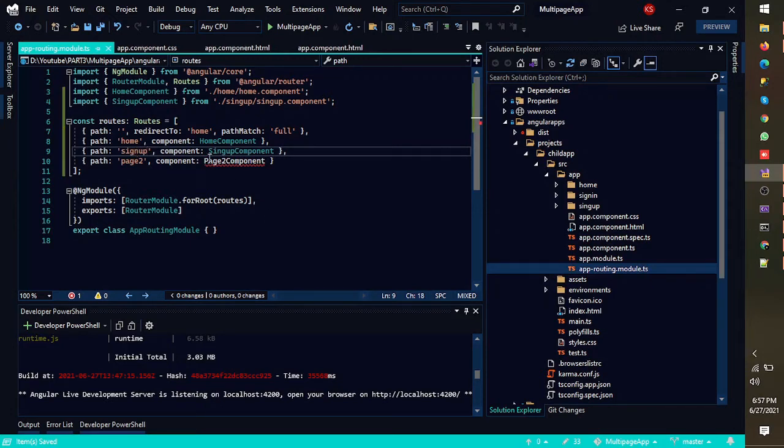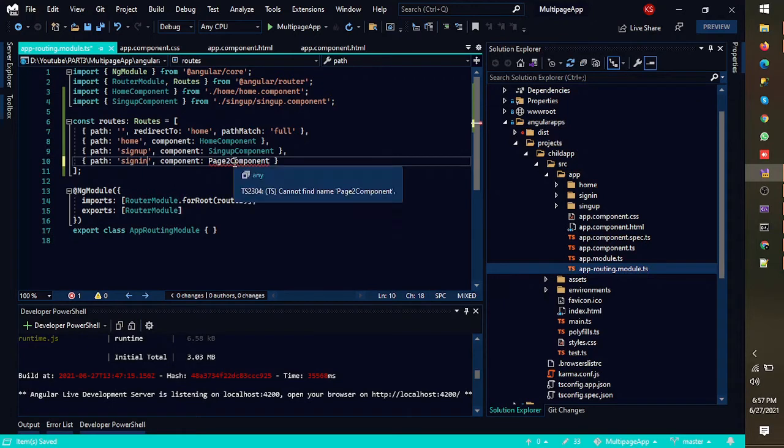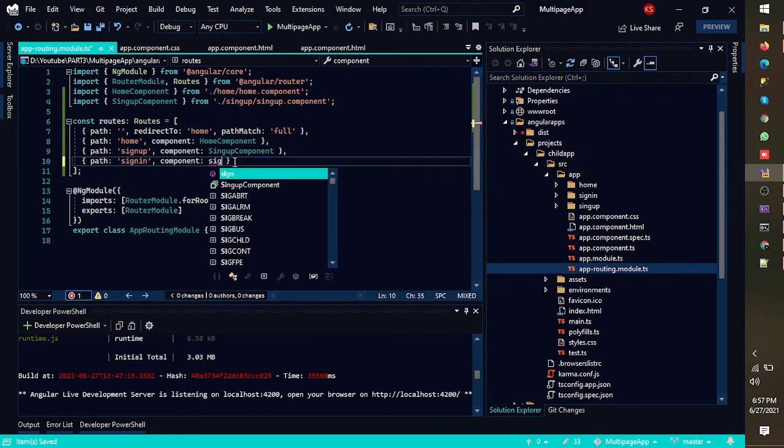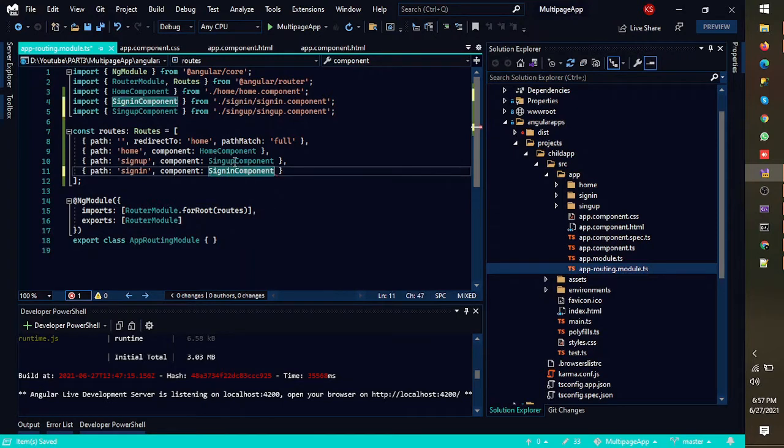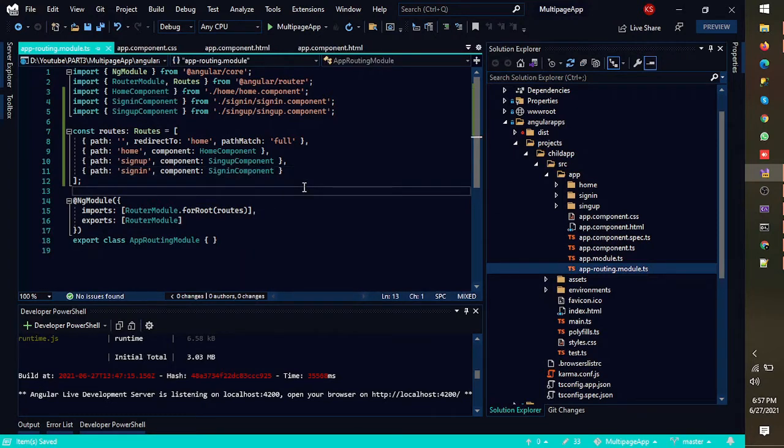Path would be sign up, and lastly it would be sign in. Similarly, we would need sign in component. Okay, I misspelled it, the sign up component, but it's okay. We will use the same one.